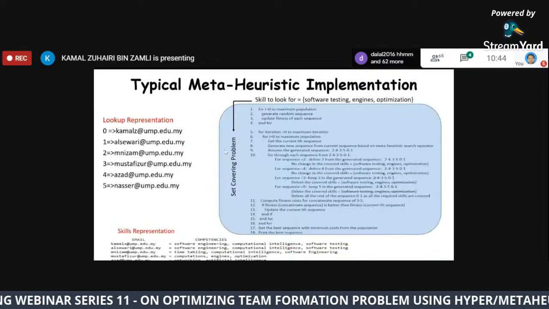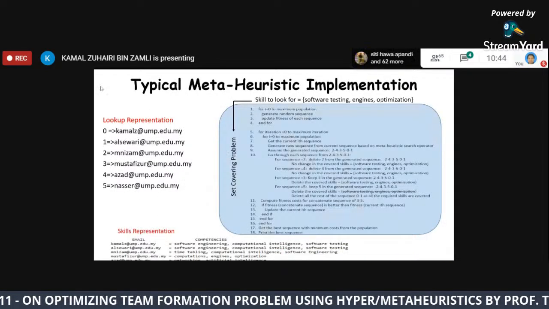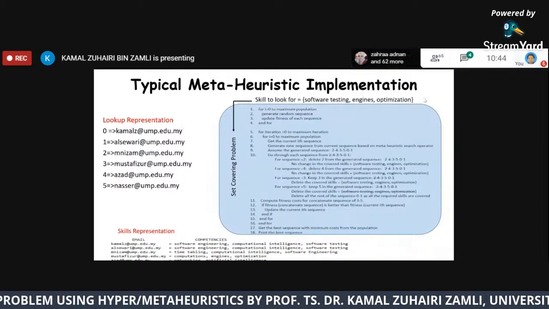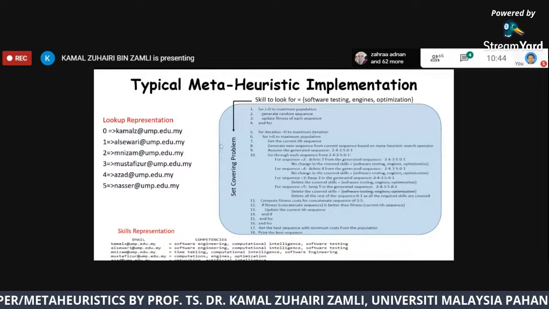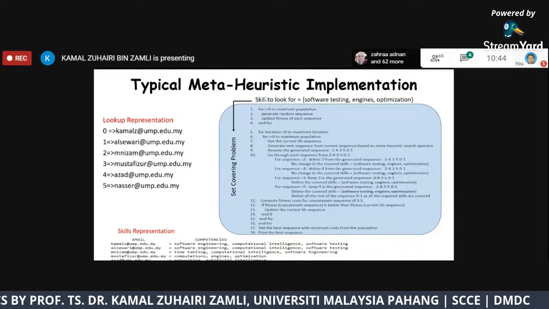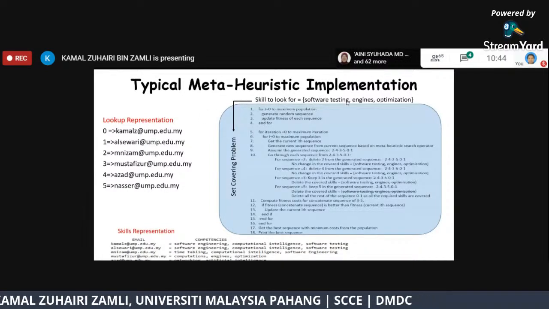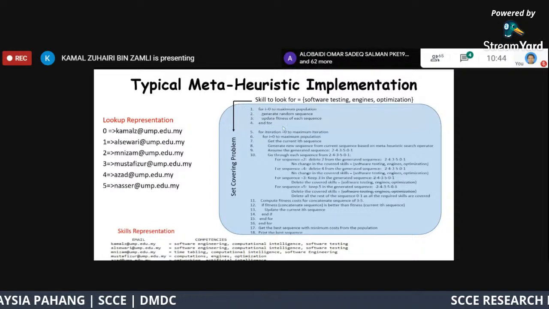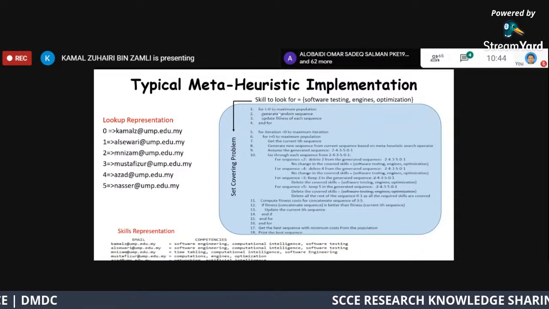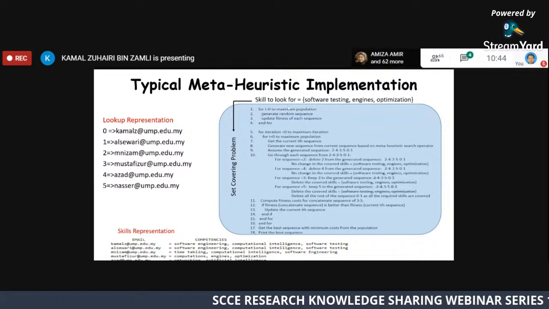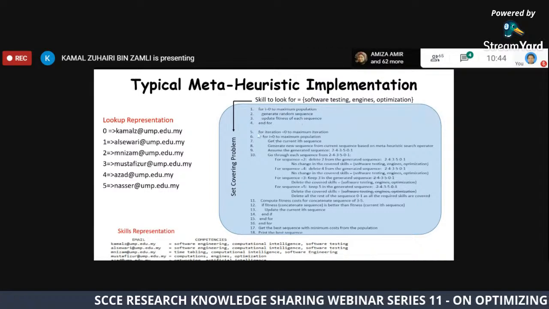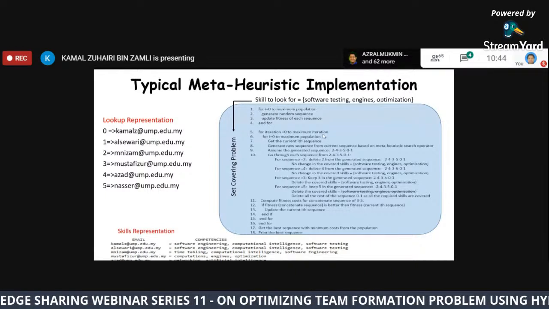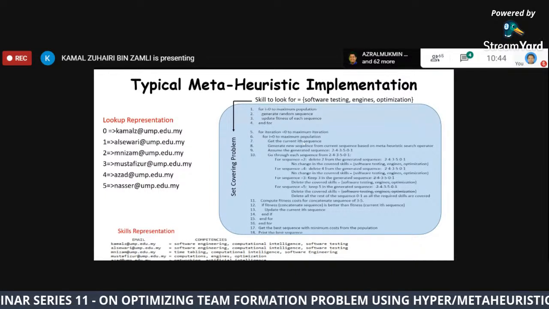Now, how to implement this in any other metaheuristic algorithm? If there is a slide that's useful for people, this is the one. Let's say we're looking for 3 skills. First, you generate a random sequence and update the fitness of each sequence based on the cost. Then for iteration 0 to maximum iteration, and 0 to maximum population, get the current I sequence,